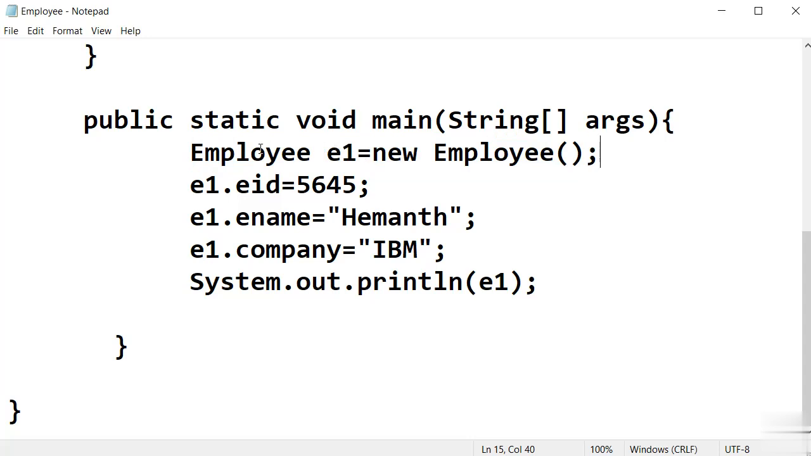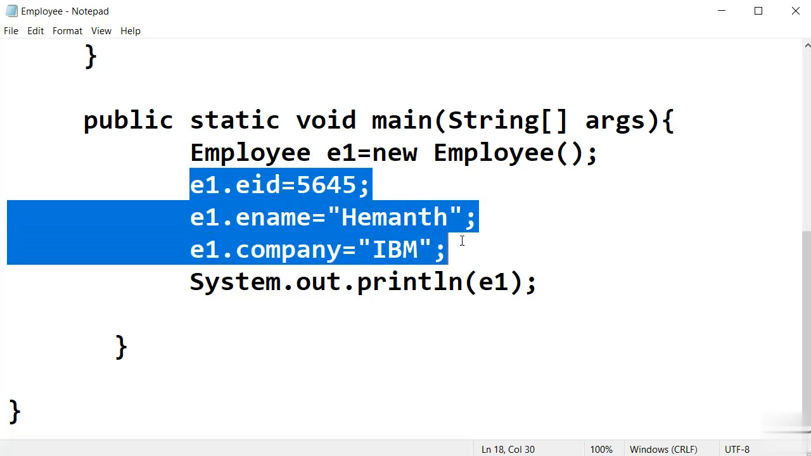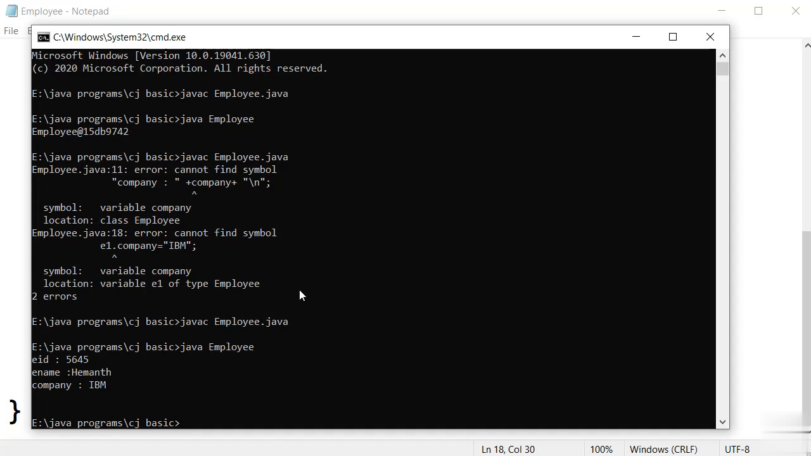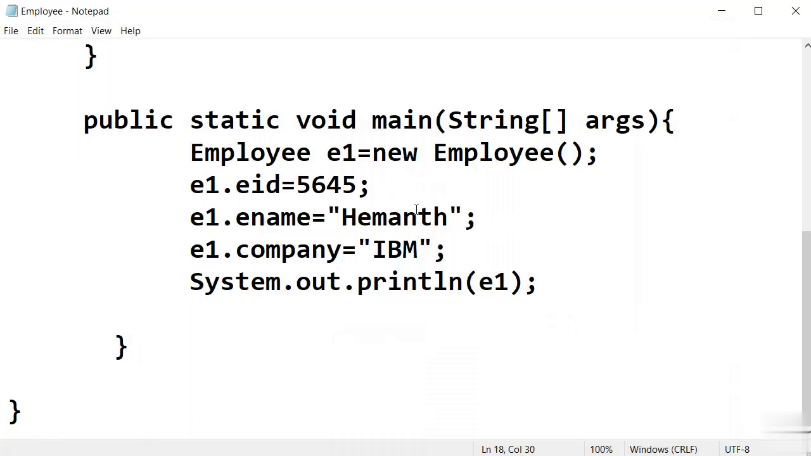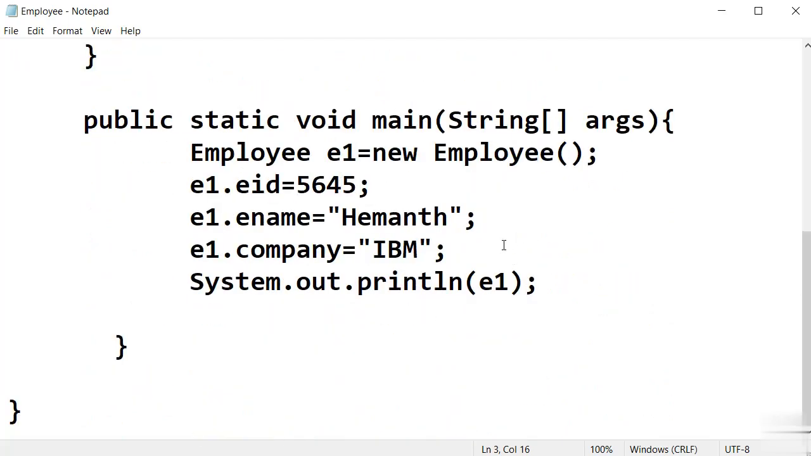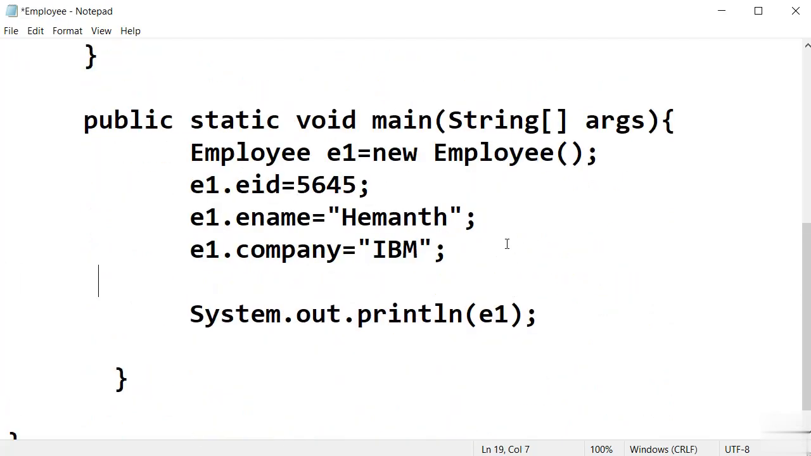This E1 reference of the Employee object has data which is employee ID, employee name, company. All this data we are printing on our console: eid 5645, employee name Hemant, company IBM. Now I have given values to this E1 reference, because I did not give them here, because if I want to create one more Employee class object,